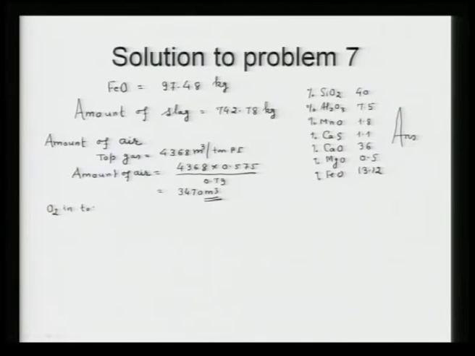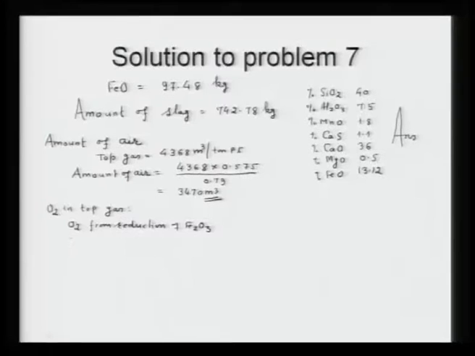O2 in top gas is also from O2 from reduction of Fe2O3, because iron is forming. So, iron will form by the reduction of Fe2O3. So, what amount of Fe2O3 is reduced to iron and that is entering into the pig iron. So, that oxygen will also be leaving in the top gas, and accordingly that amount of oxygen has to be subtracted in order to know how much amount of oxygen has come from air.